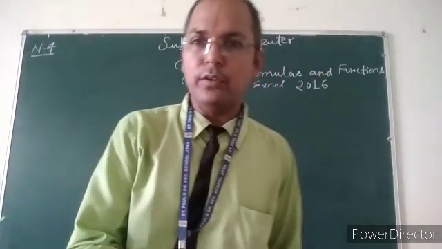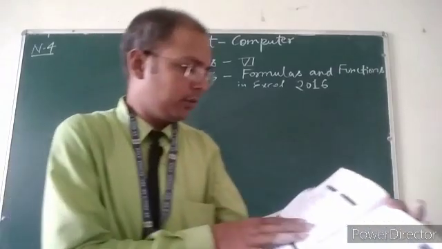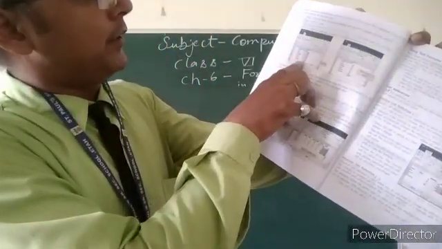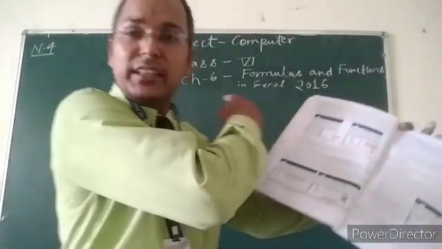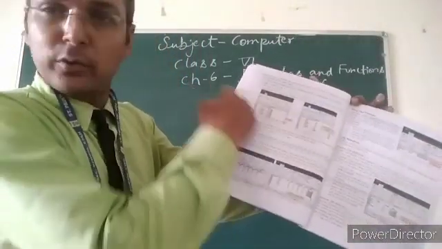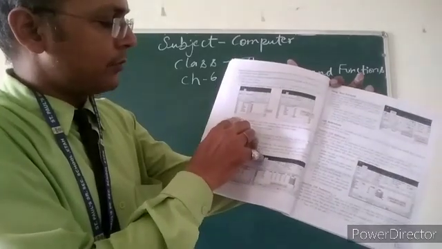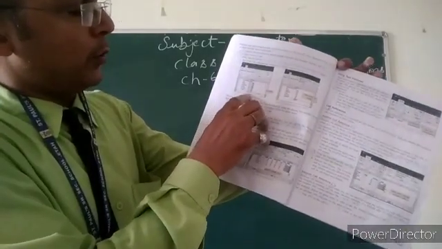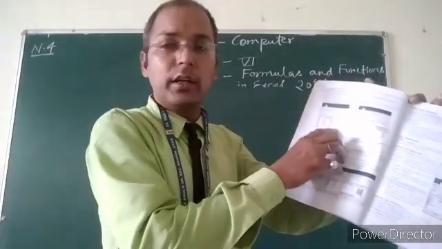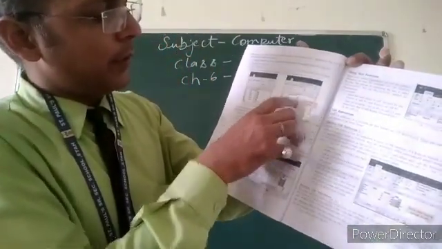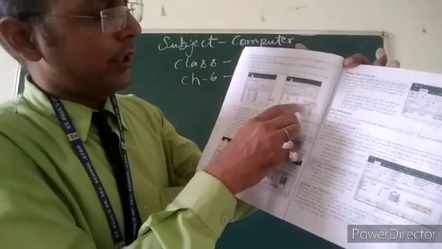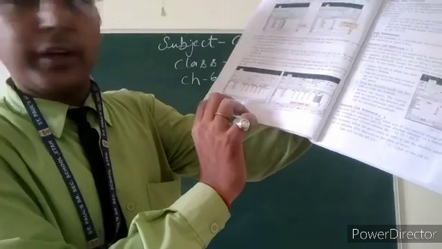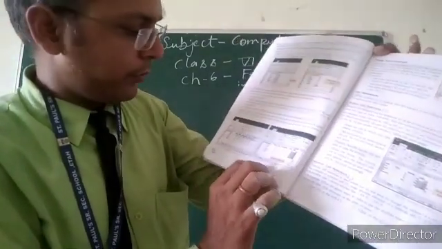So my dear students, I will explain with the help of your book. My first example is like pen, pencil, notebook, as I draw on the board. This is the figure I draw on the board as a clear figure. Figure 6.1 and figure 6.2: write here C1, C2, C3, C4 till C7, and here we will get the total price of the items in C8. The others are figure 6.3 and figure 6.4.